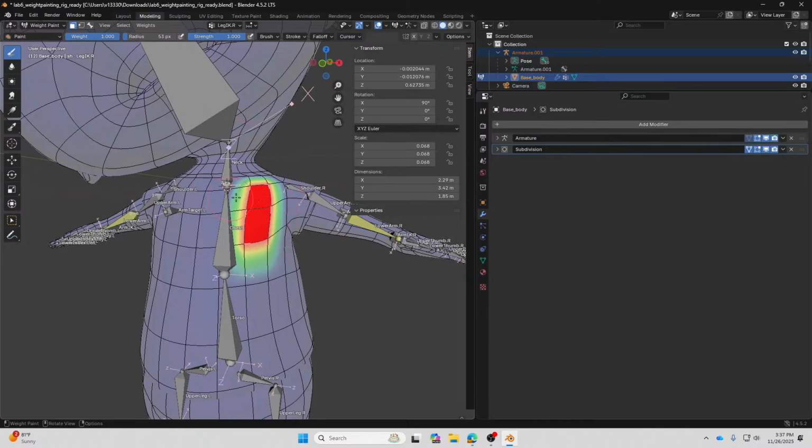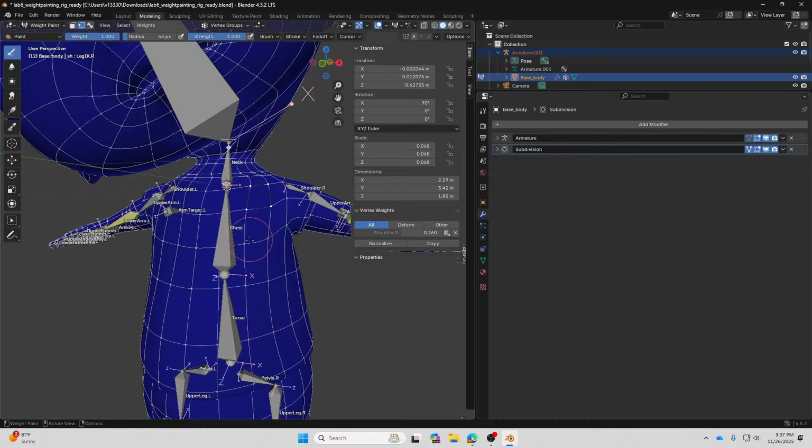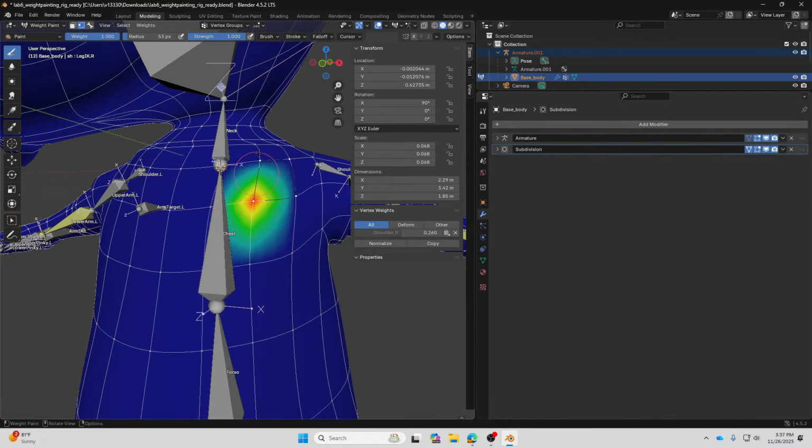Same thing for the vertex selection: if I paint, it will be limited only to the selected vertices. So some extra functions for you.